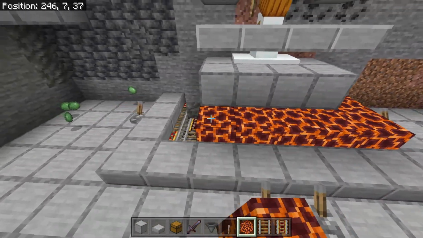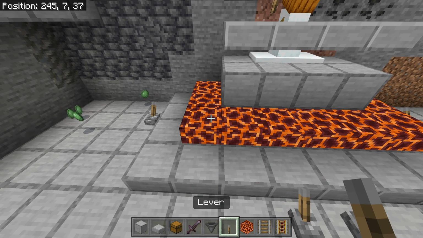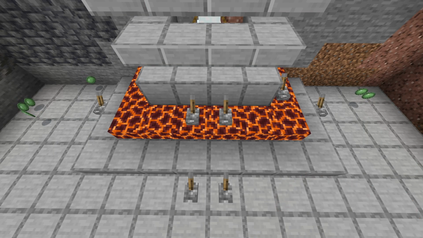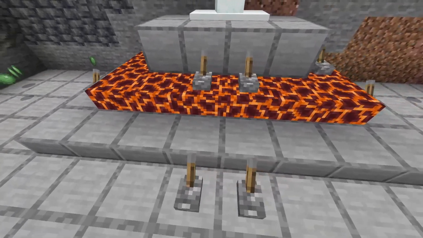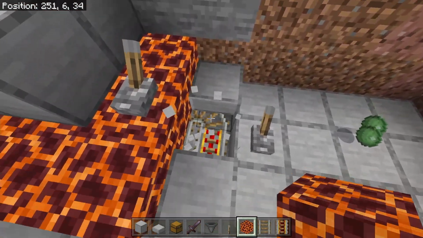So there we go. Have your magma going out like this. And then you're going to need to place some levers on top of the magma to make sure that they're all powered. If you use the same rail design that I was, then here are all of the lever positions. And of course, you need to make sure that all of these levers are flicked on and actually powering the